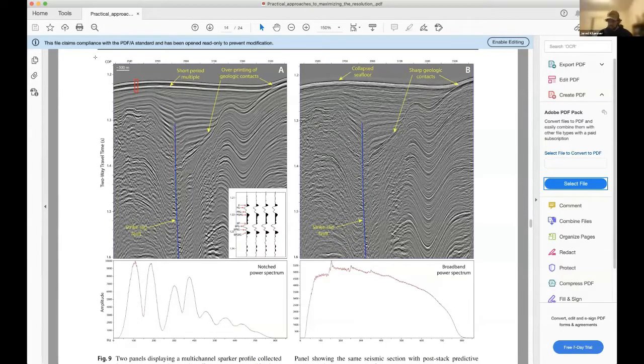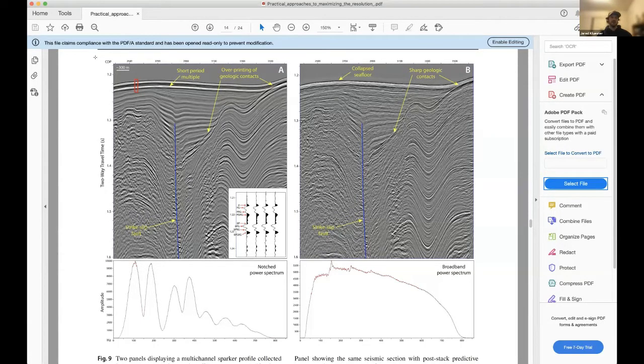First of all, we've spent a lot of time the past few years dealing with sparkers, for better or worse. A lot of it has to do with the regulatory issues along with air guns. So we've spent a lot of time properly characterizing the source. Now when we collect sparker data, we're using shot phones and doing deterministic deconvolution and that sort of thing. This is a representative image of what we can start with, on the left, and then what we can end with, which is the true high resolution component of what the sparker can do.